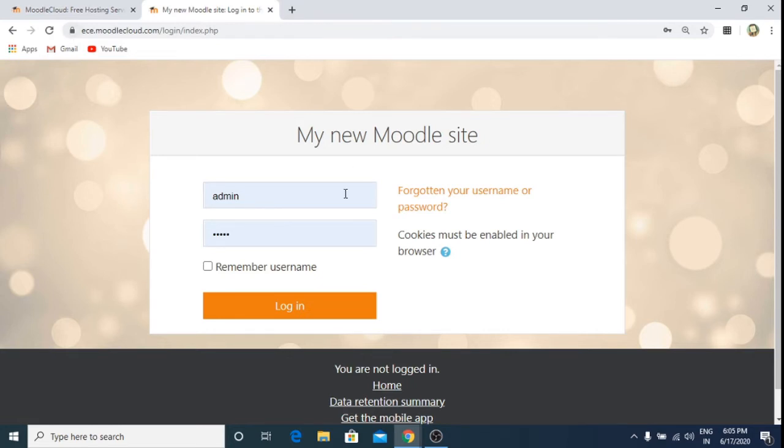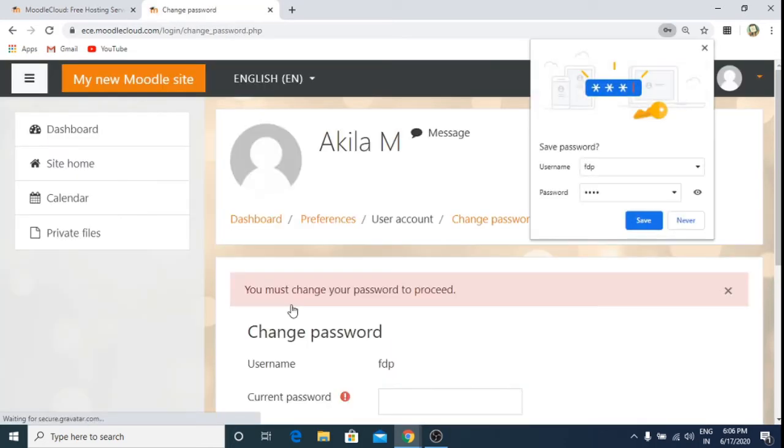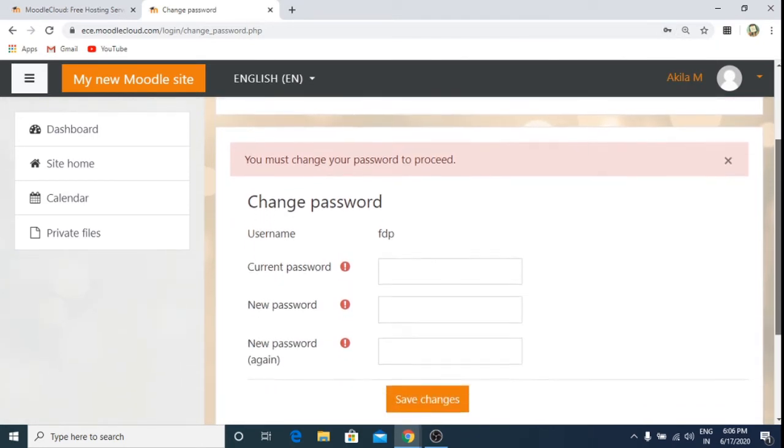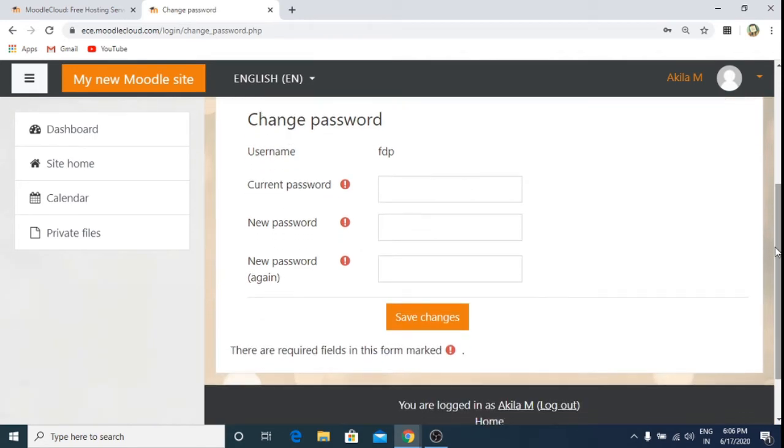So this is my site, ec.moodlecloud.com. The username is FTP and the password of the student is 1234. Now I click on login. So as you can see, this is what I have created, a student account. Now I logged in.